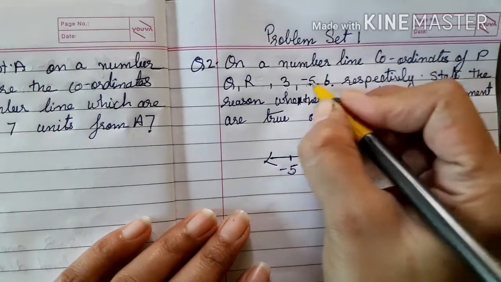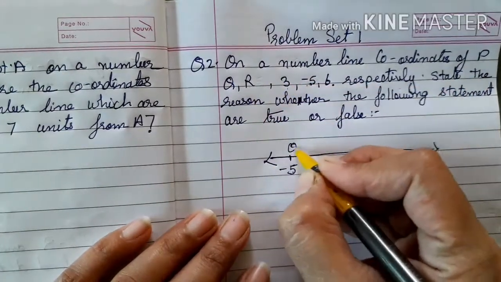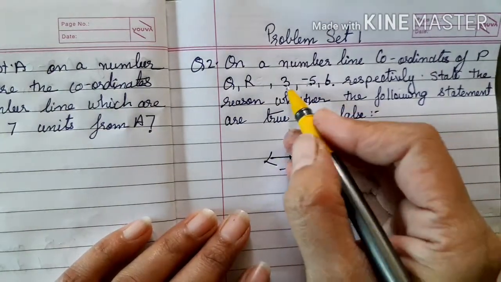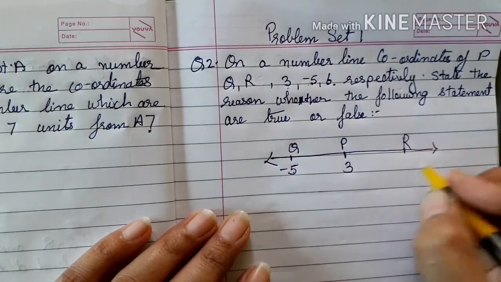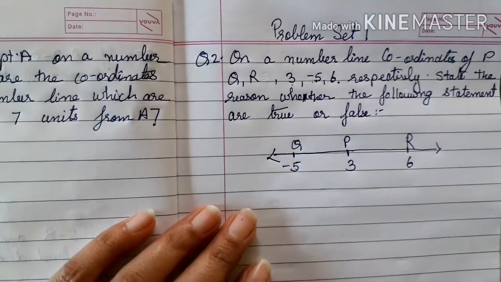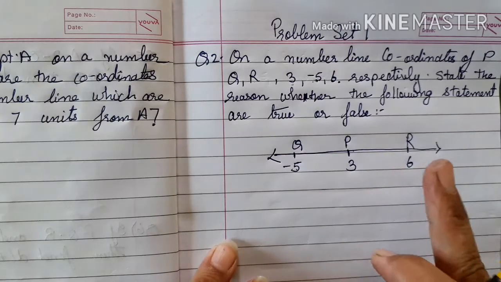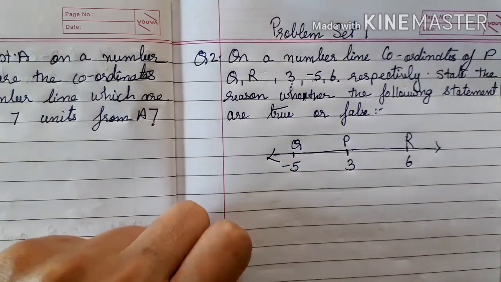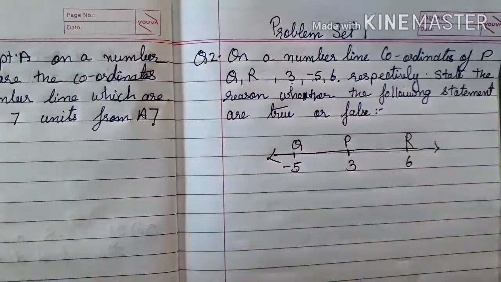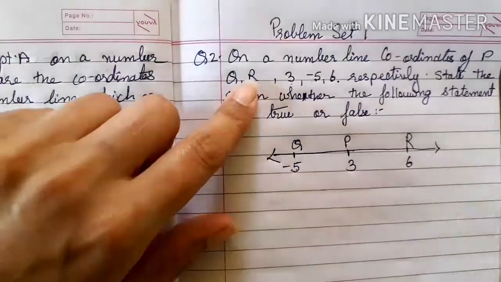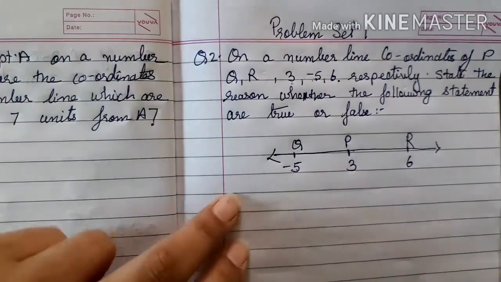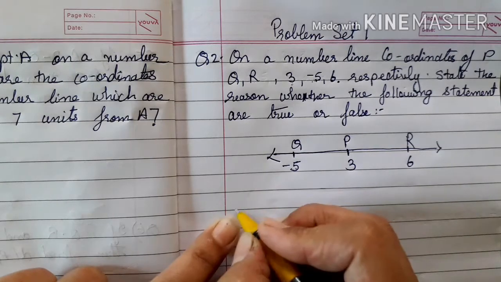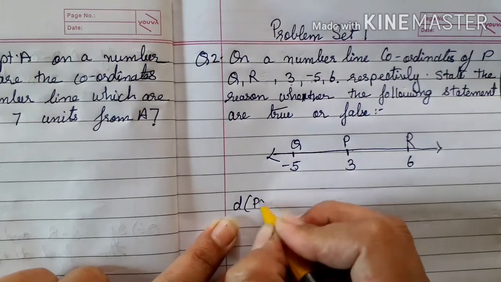So what was -5's coordinate? Q. P was supposed to be 3 as it is the smallest number, and then R, that is supposed to be 6. Hope you understood how to draw a number line. If you draw this number line, then only you are going to get the answers right, or else your answers are going to go wrong. There is just a small twist in the question. You will have to just judge it and draw a number line. Got it? So according to this, we first find the distance of PQ.